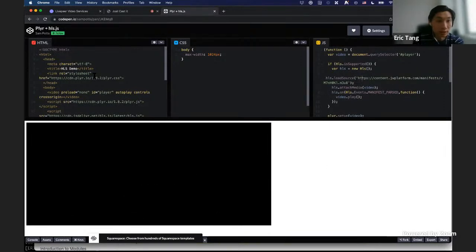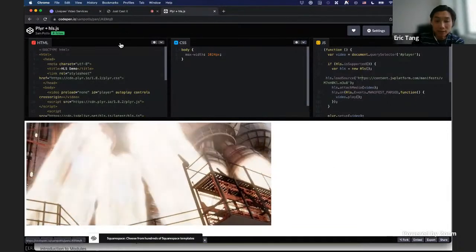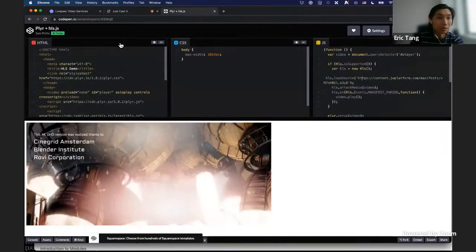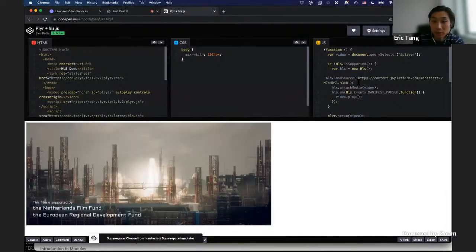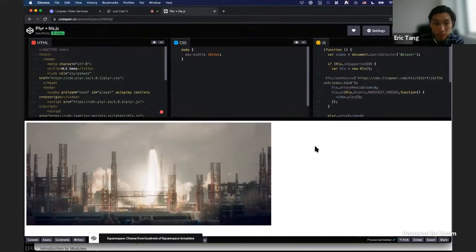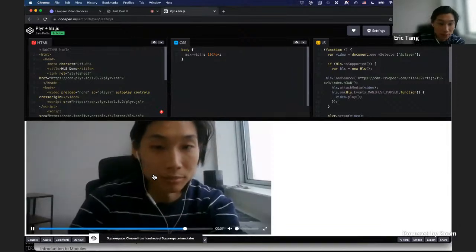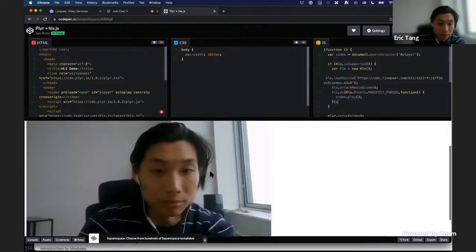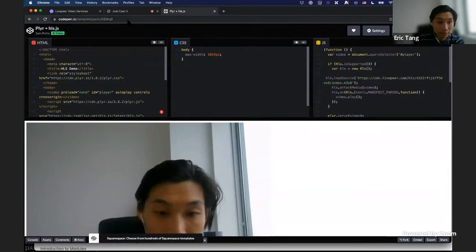This is called the Plyr player that plays HLS, instead of before we were playing an MP4 file, right? So I'm just going to copy this playback stream and put this as the video source. It'll load. And now I have my live stream embedded in this page, in this video player. So it's that easy, right?